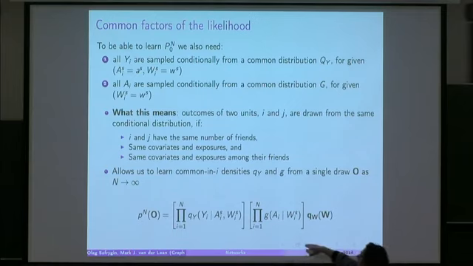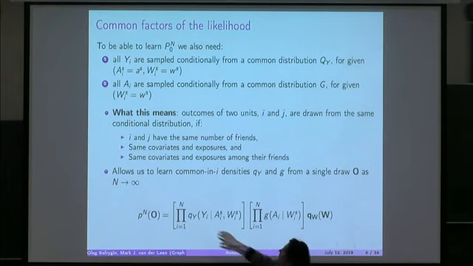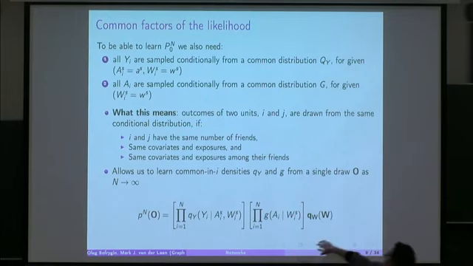And this gives us the likelihood of the data, where we have conditional independence of yi when we condition on the summaries, the effective exposure in the Bayesian network summaries, and the same thing with the factorization of the exposure mechanism based on the baseline network summaries. We're not making any assumptions at this point about the joint distribution of the W's, so we're simply saying the entire joint distribution of the W's is a single factor of this likelihood.